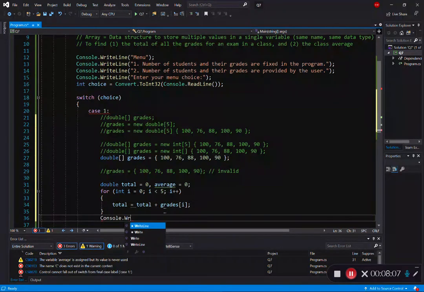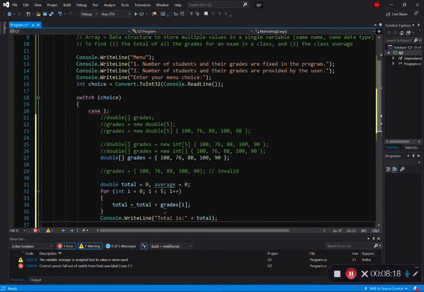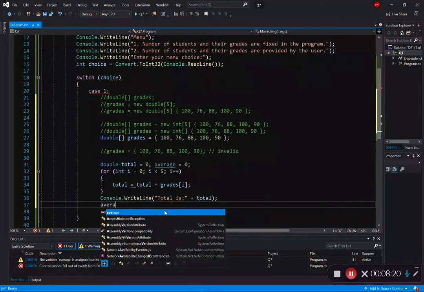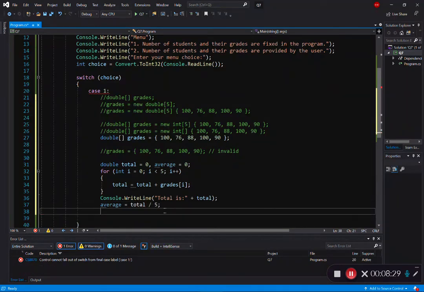And then we want to display the total. And we want to find out the average, which is total divided by 5. Or you can actually